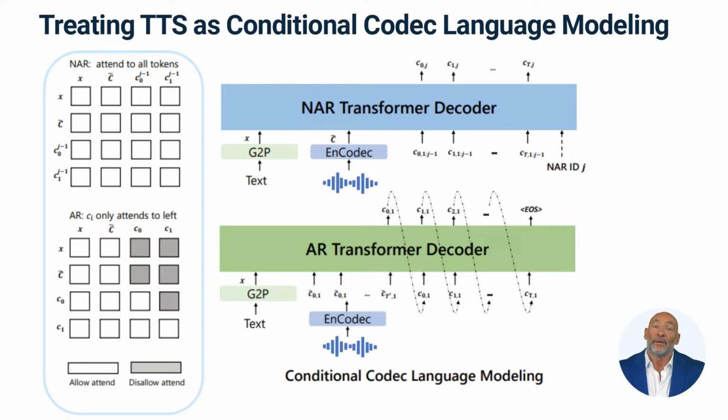The expectation is that the language model will learn to extract both content and speaker information from the phoneme sequence and the acoustic prompt, respectively. During inference, a phoneme sequence and a 3-second enrolled recording of the unseen speaker are provided. The acoustic code matrix that corresponds to the content and the voice of the speaker is estimated by the trained language model, and then the neural codec decoder synthesizes the high-quality speech.